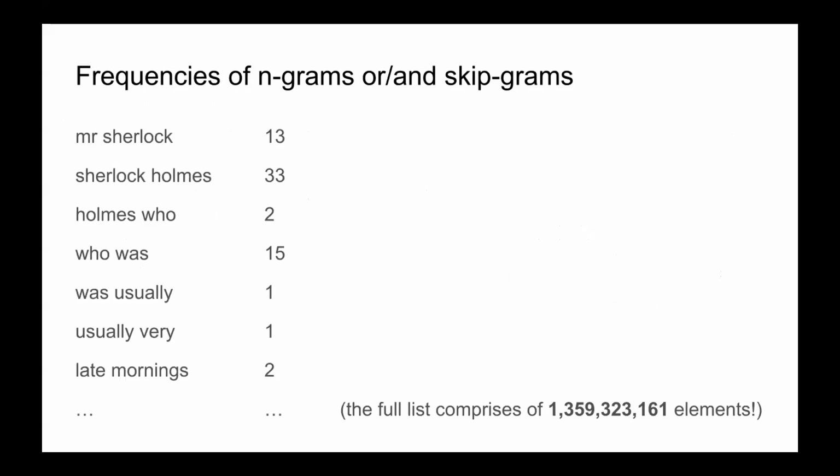And in this list, you've got all the possible combinations of those words that co-occur. So whatever is captured within a context is being put in this list. And this list can be really long, like more than 1 billion elements, and this is a relatively short list, because we are dealing here with only 100 English novels. So this is a very, very small corpus, and still the number of elements might be absolutely gigantic, right? And that's the problem that distributional semantics usually struggles with, right? The amount of data.